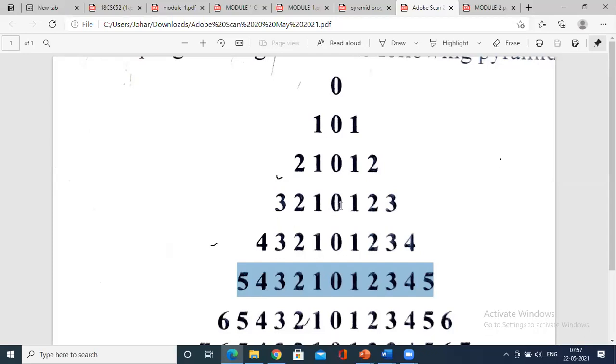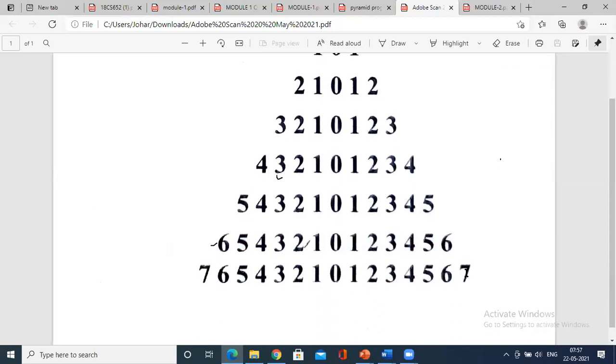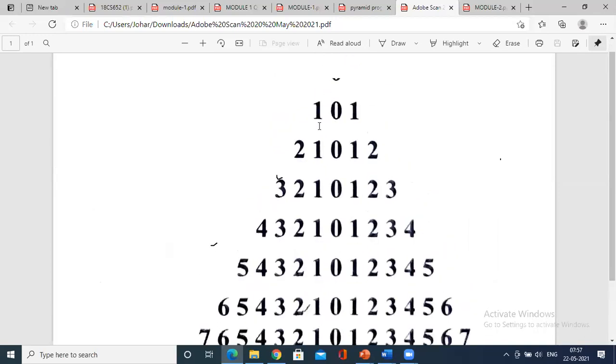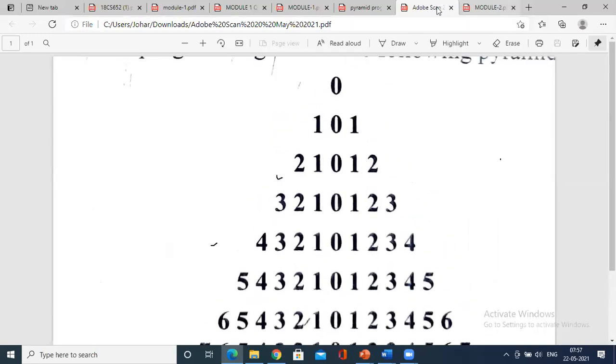Third row, middle is 0, on the right and left 1, second right and second left 2, third right and third left 3. So consecutively it goes on proceeding until the number of rows you identified. He has given 7, so the number of rows that you have to identify is 8. Okay. So let me go to the program.